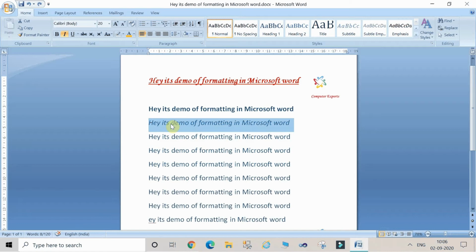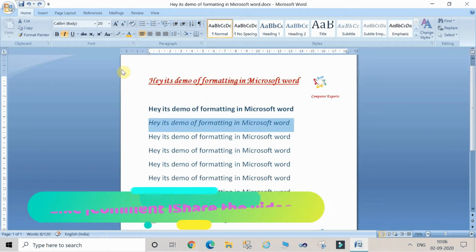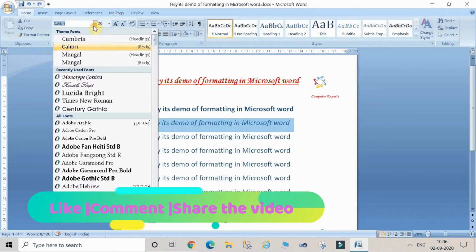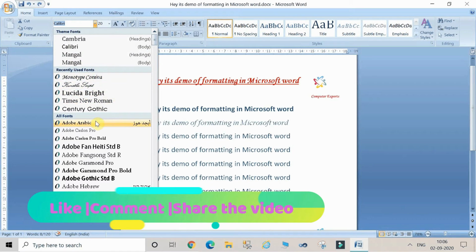Select the line on which you want to have some format. So first of all you can change the font of this line. Click on the line or text on which you want to apply the format, like you want to change the font. If you just click on the font, the text in the background is also changing.